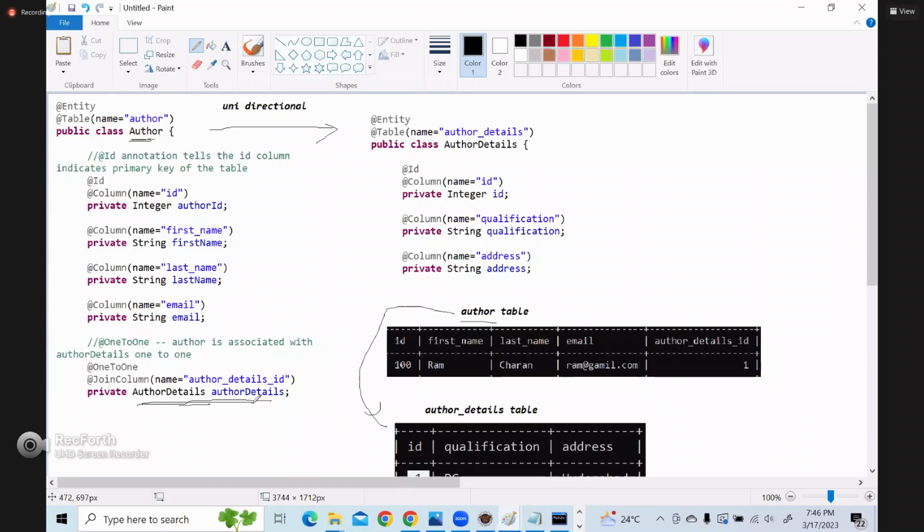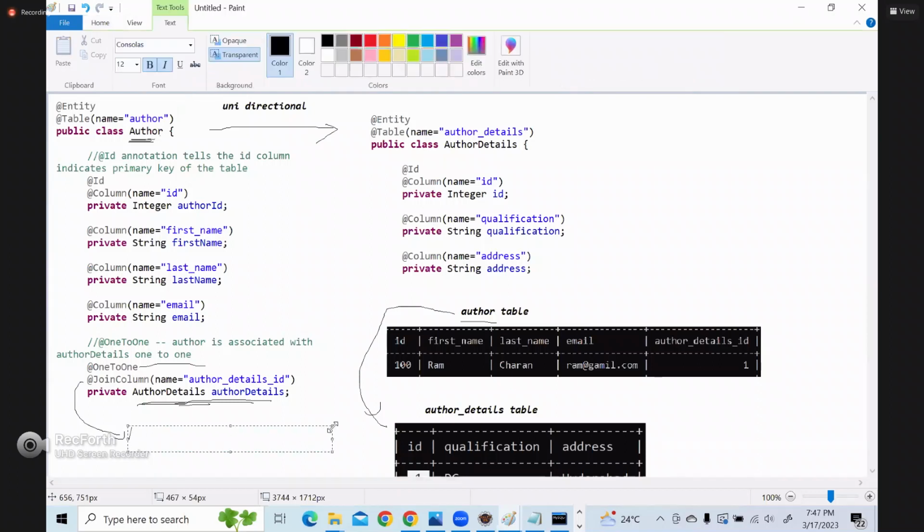Now, from the table perspective also, I'll have author and author details, and this is a one-to-one association. Then I'll have a join column. So basically I've done it the reverse way, but you have to remember, the join column tells the column, whatever name we specify in the join column,